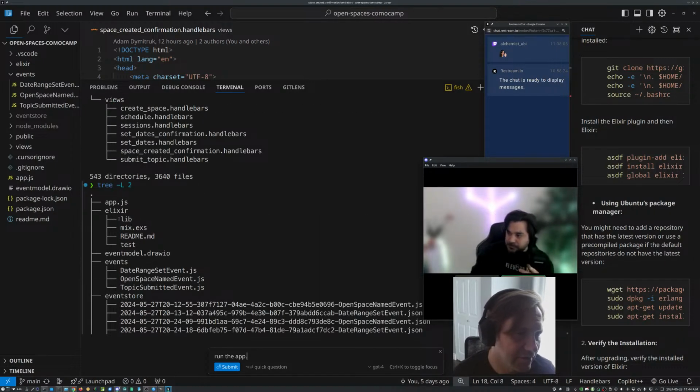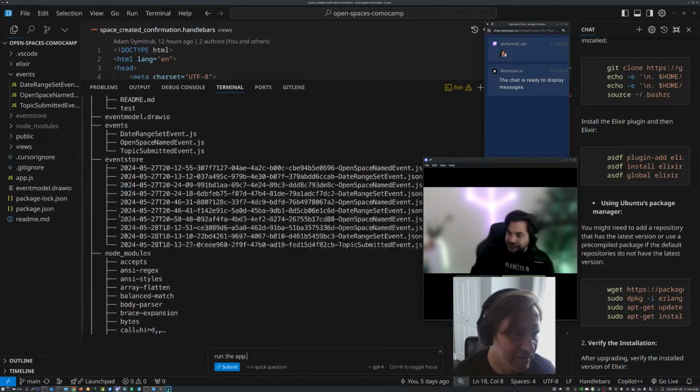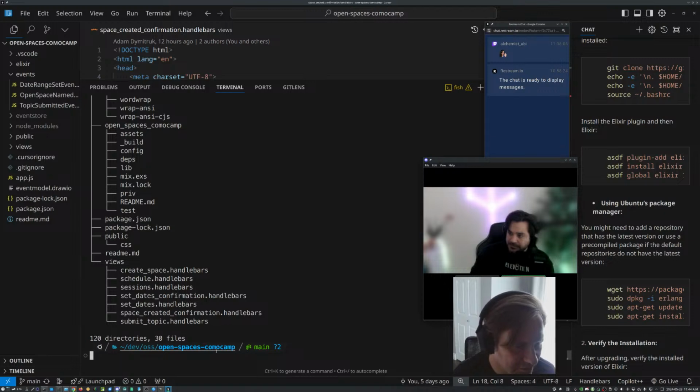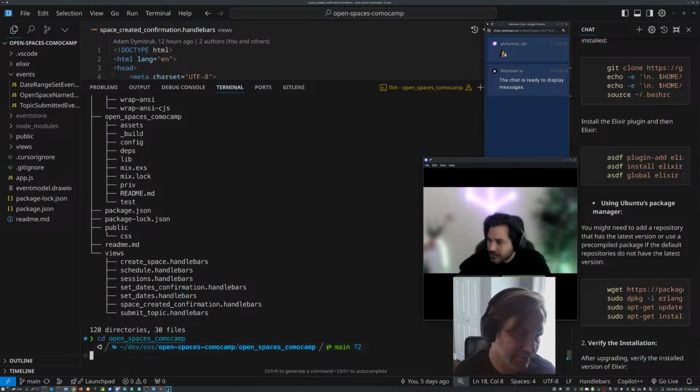Oh, that's here. I see. Sorry. So I'm up a level. No, I'm in here. Why does it have app.js in here? Oh, sorry. Duh. Alt dot. That's it.